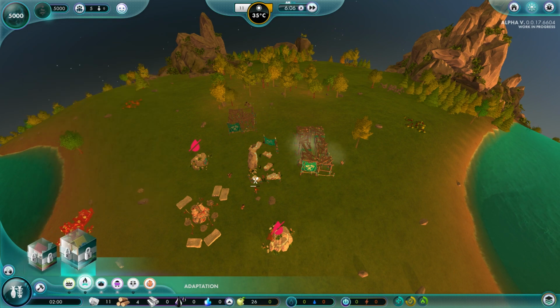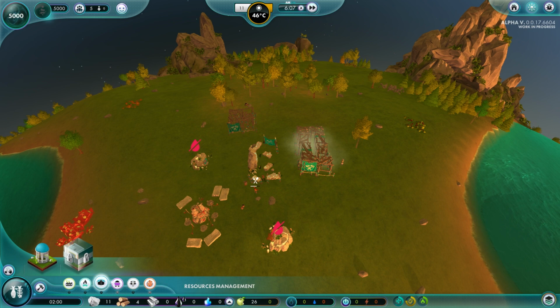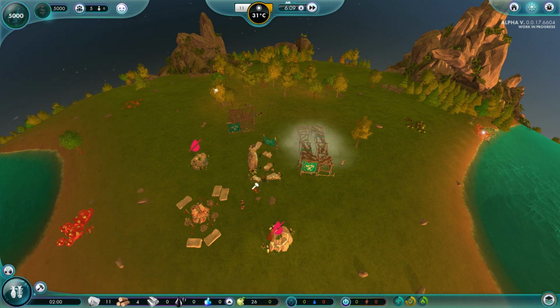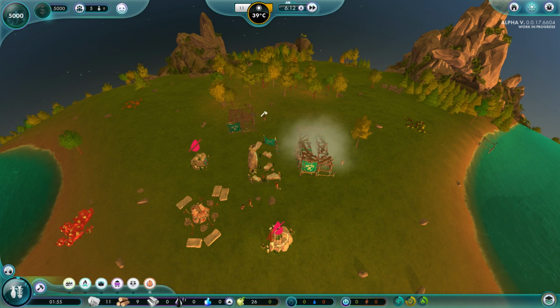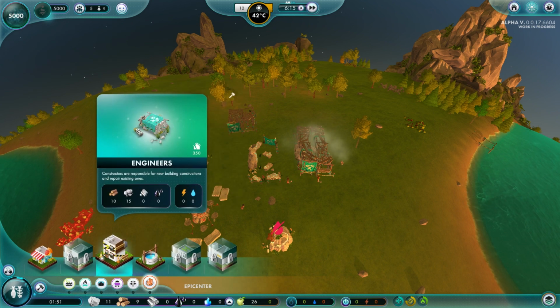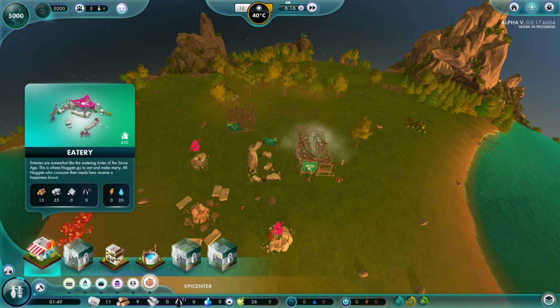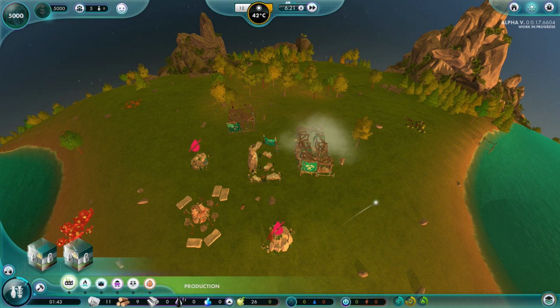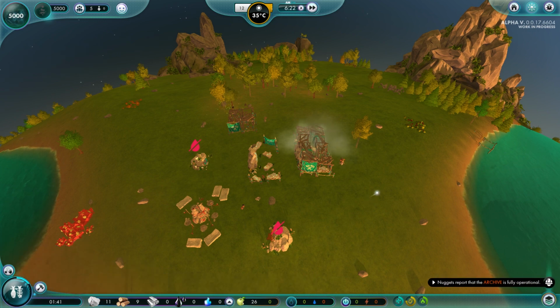Fishing piers coming up. We have water towers. We have water pumps. It's time to bring a pump out. That's going to help keep us fed and watered. We now have the engineering hut, which we had, and the eatery, which we will be building soon. Eateries take 2 people. And...